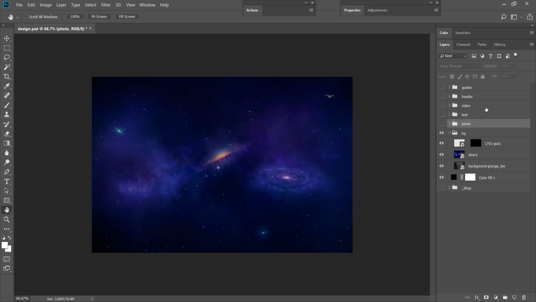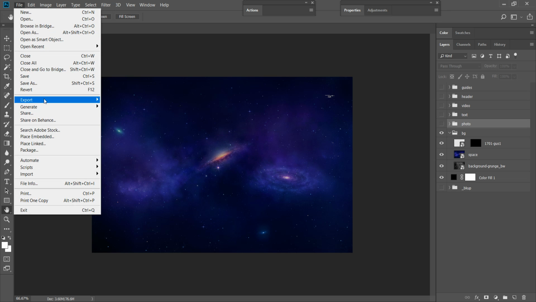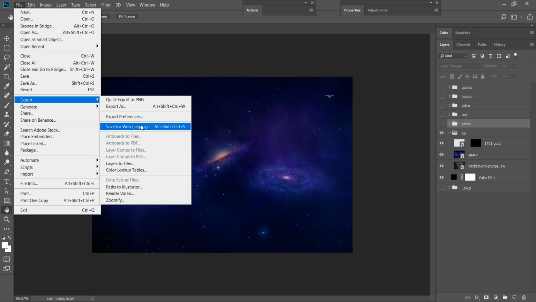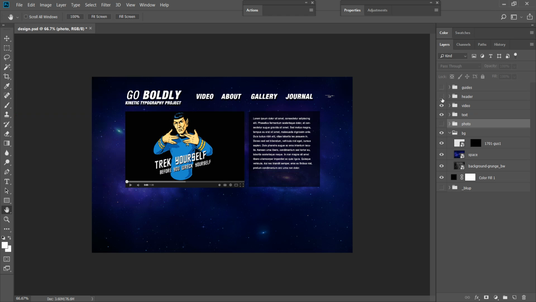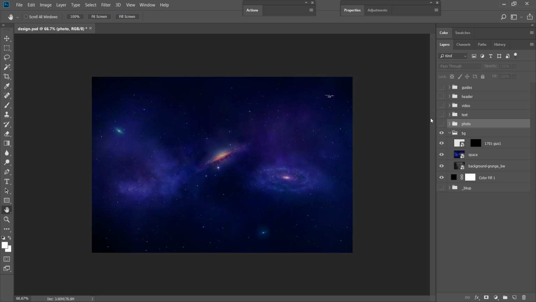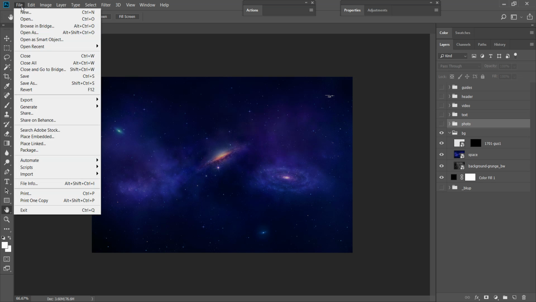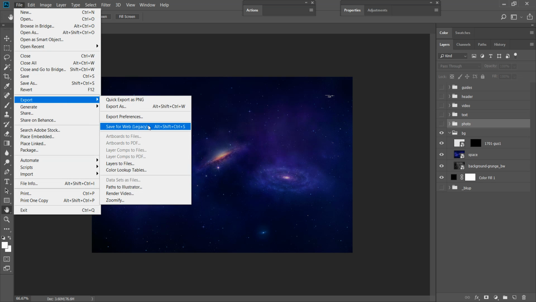Does that matter? Illustrator also still has, if you go under File, Export, the Save for Web. Both Photoshop and Illustrator have that option. As far as hiding these different layers on top of it, however you would typically isolate something is perfectly fine. And again, I would still recommend doing the Save for Web because otherwise, as far as